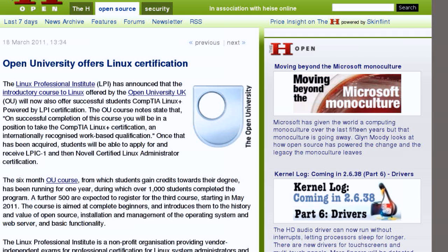Once you complete that, you will be considered CompTIA Linux Plus certified. Now, we talk on and off about certifications from time to time. What does that get you? Linux Plus is kind of like getting an A Plus only in Linux, but it at least puts a flag in the ground that says, I know my basic Linux, and you can get it through an online course,